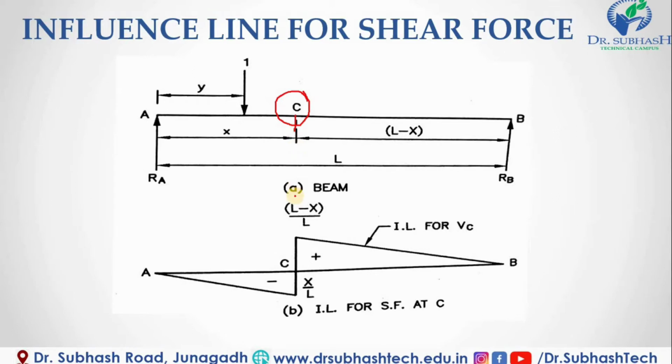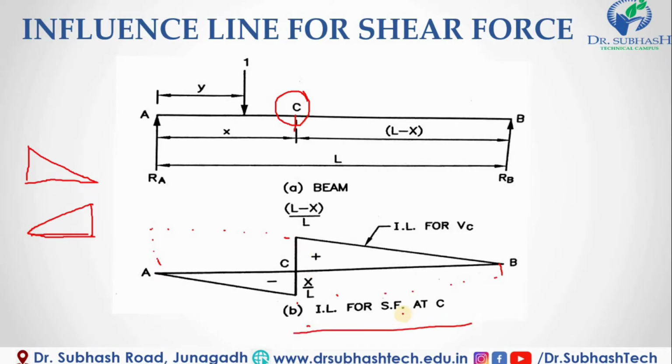So what should be done? We have already calculated the shape of RA like this and RB like this. After combining RA and RB, the shape should be like that. This is the RA shape and this is the RB shape. You overlap both RA and RB and cut at the point of the shear force section, and you get exactly the value of the influence line diagram at that particular section.